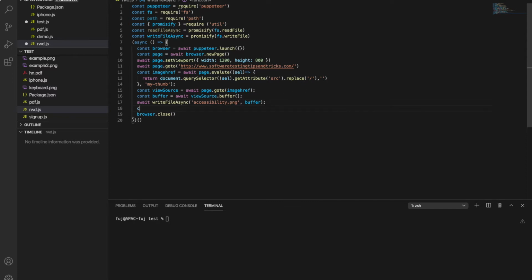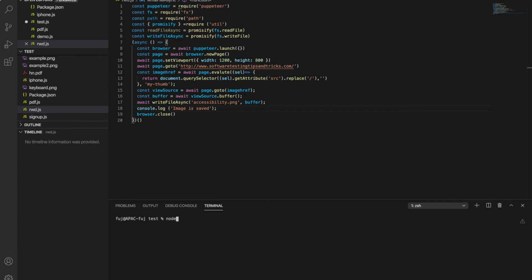So I will try to log this: I have downloaded the image successfully, and we can say it is saved. So this is what we tried to download that image.